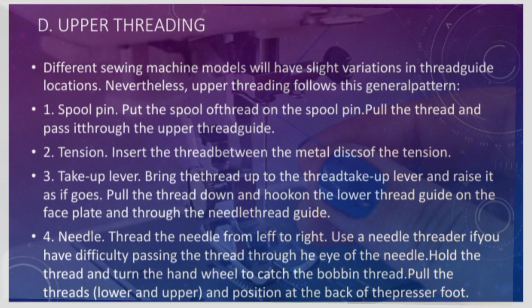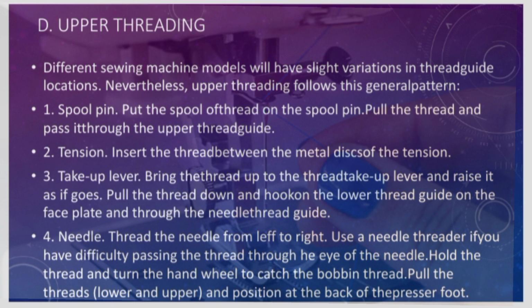Pull the thread and pass it through the upper thread guide. Second is tension. Insert the thread between the metal discs of the tension. Third is take up lever. Bring the thread up to the thread take up lever and raise it as it goes. Pull the thread down and hook it on the lower thread guide on the face plate and through the needle thread